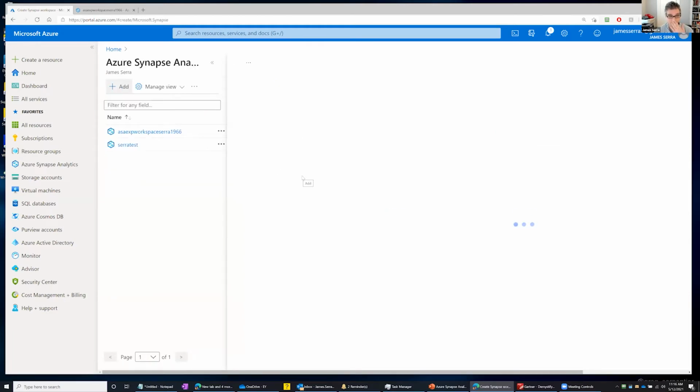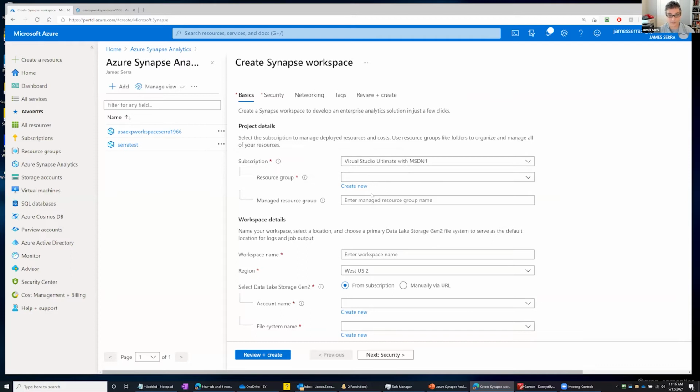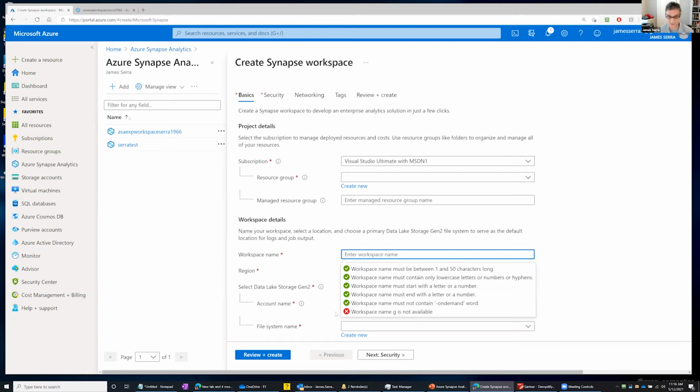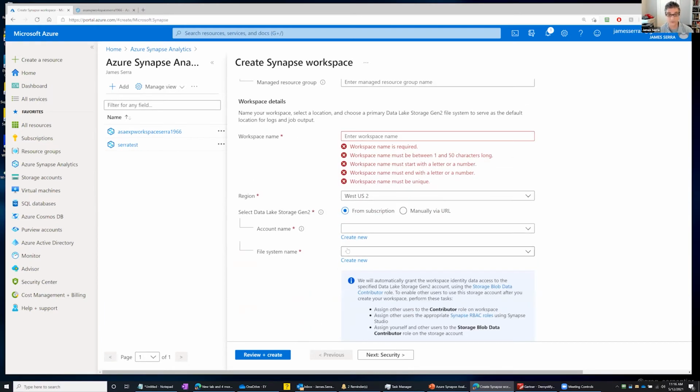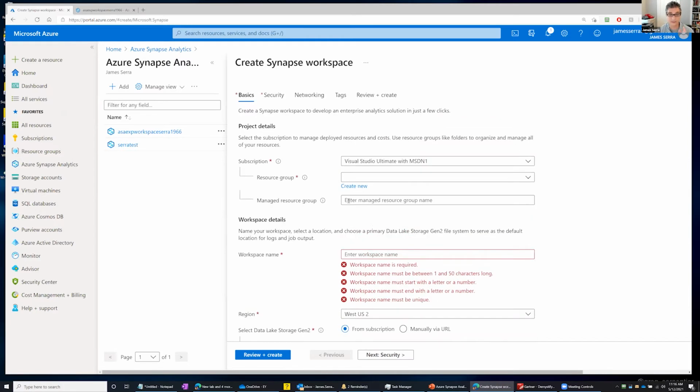You'll see on here, I come in and choose the description, resource group, the region, and the workspace name that you want to have on here. Then it's going to ask you for a data lake store. Think of this as sort of a temporary place where it puts temporary data. So you want to create an account and a file system name for that. But outside of that, that's basically all you need. And after a few minutes, about 4 or 5 minutes, you'll get a